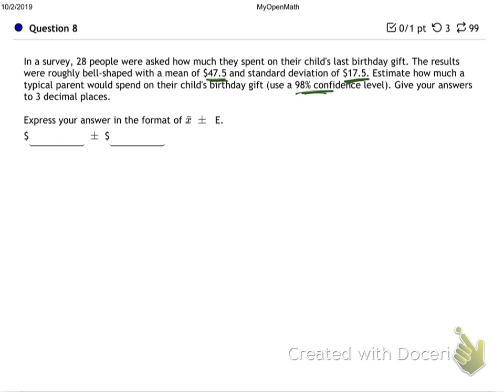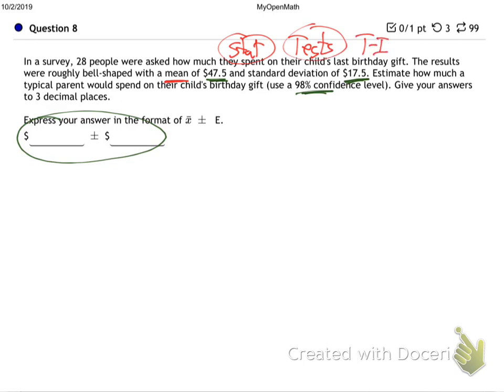So let's do that one real quick, and then in the end, I'll show you how to change it to this format. You might remember, might not, but we'll definitely go over that. So at first it's just a normal one. It's a mean, so we'll go to stat and tests, and we'll do T interval,